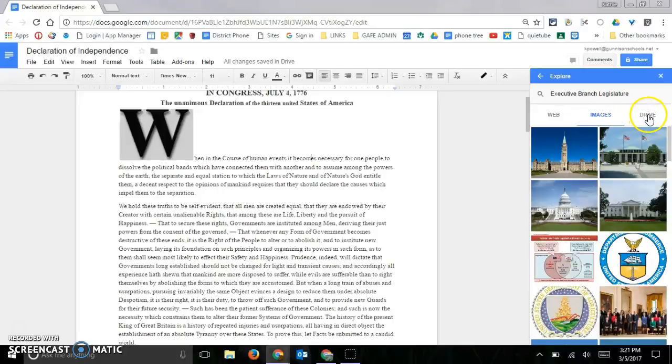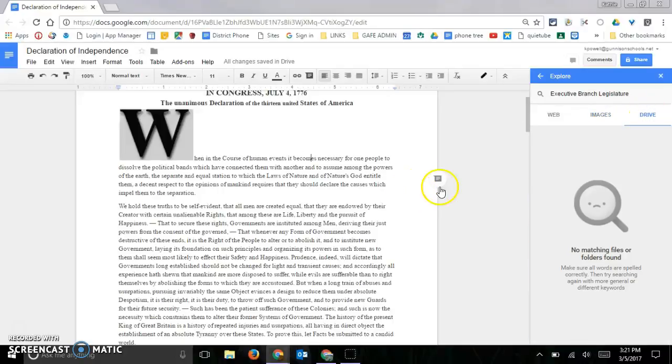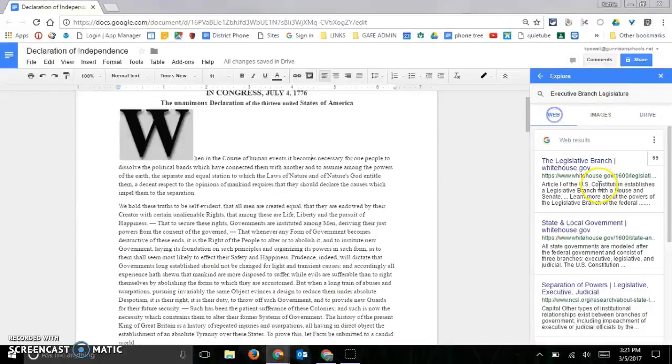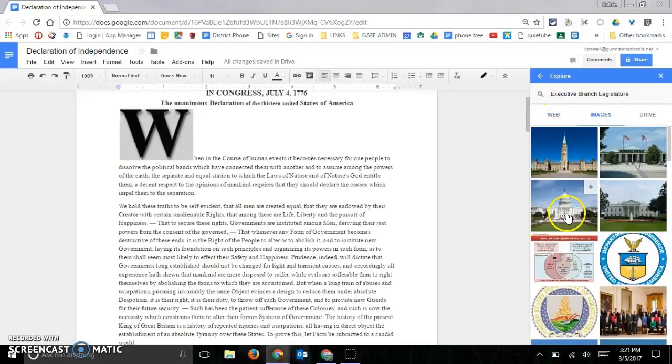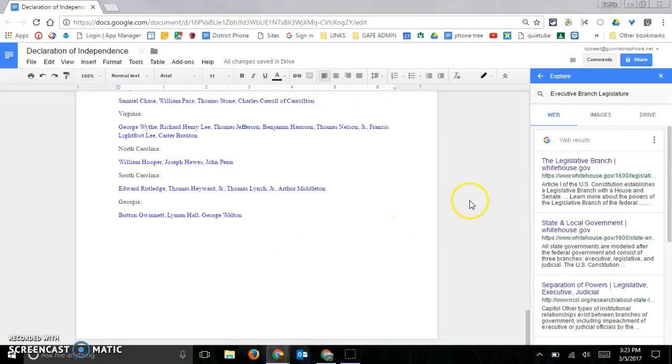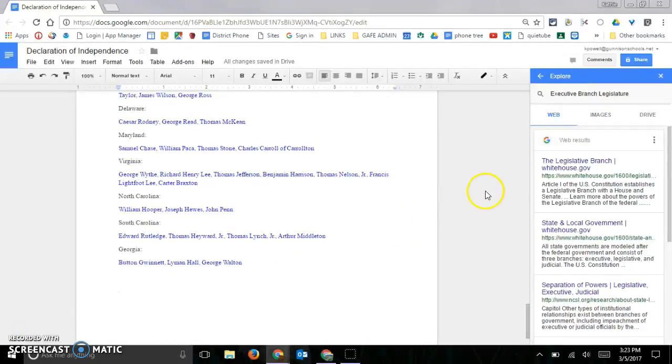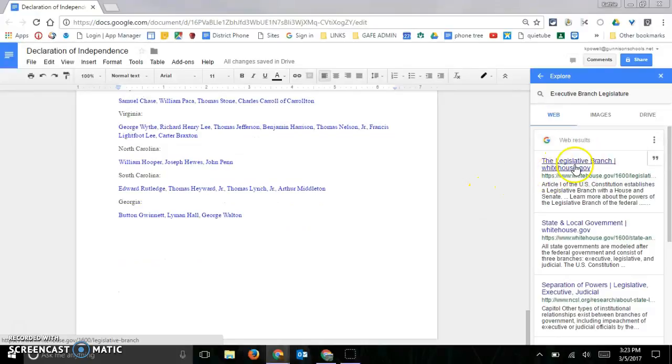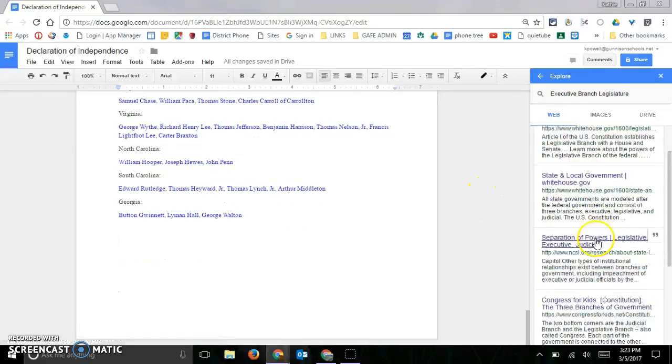and also what else it does is searches my drive to see if I have anything that has anything to do with the executive branch, and of course I don't, but I can go ahead and click right here and find the web, or I can find some images that relate to the executive branch. So now in my doc, maybe I want to go ahead and do some notes on the executive branch. So I can click on